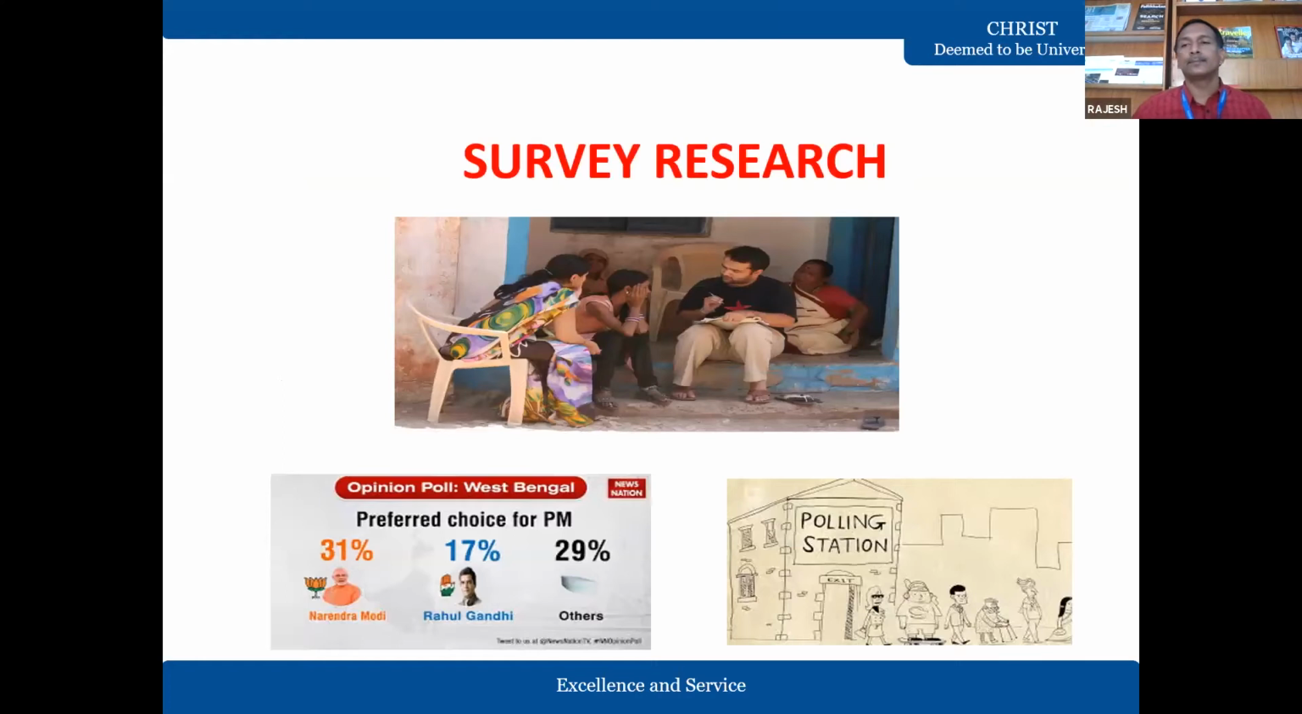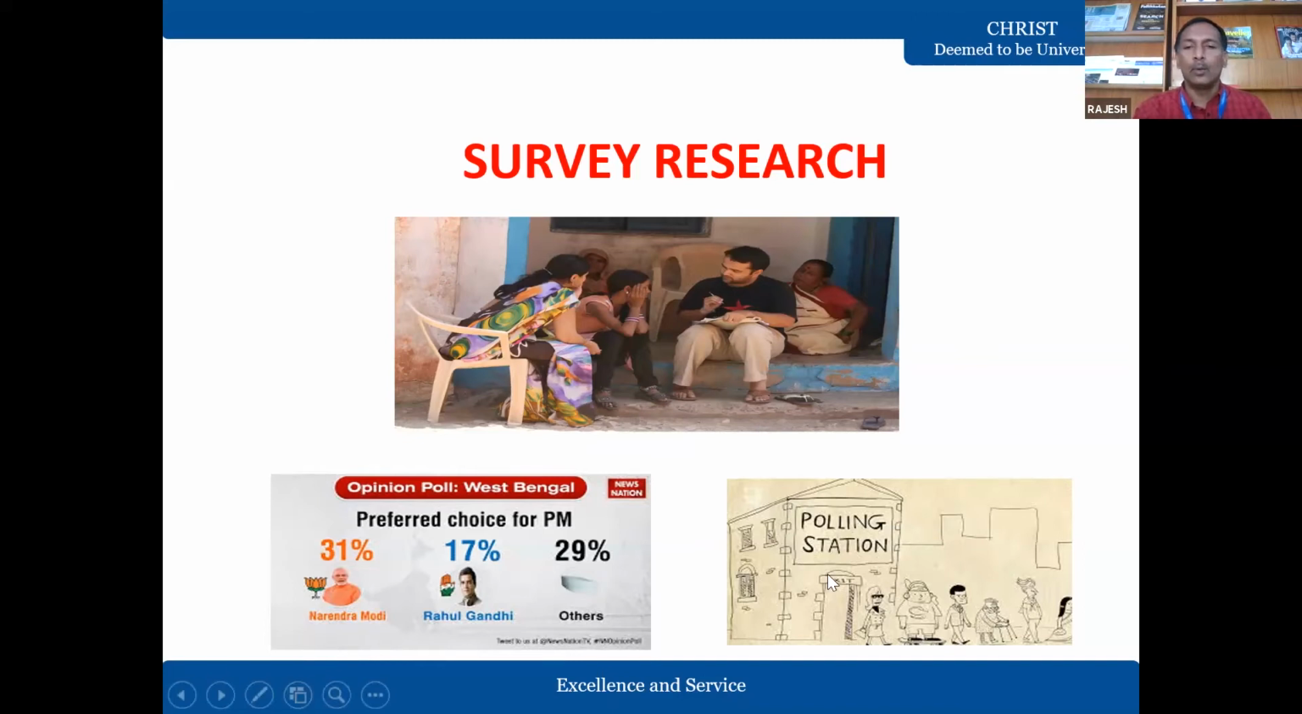Now, one of the major methods of quantitative study is survey research. Survey research, as you see in the picture, right? You have a person conducting a survey. I think that picture was related to the census population, the census survey that happens once in a decade, and you have this opinion poll and polling